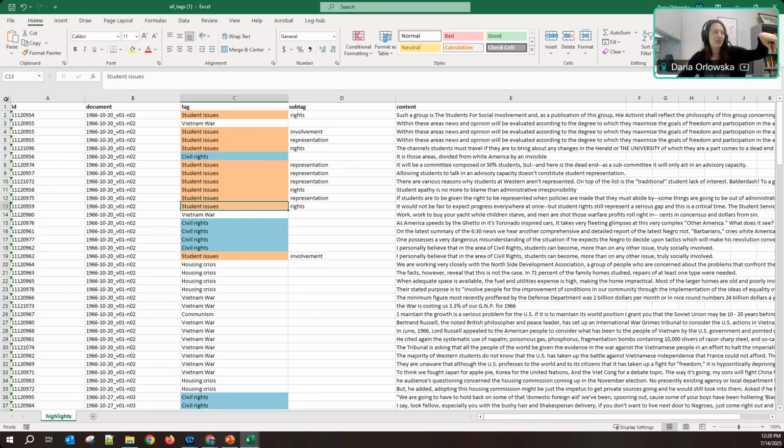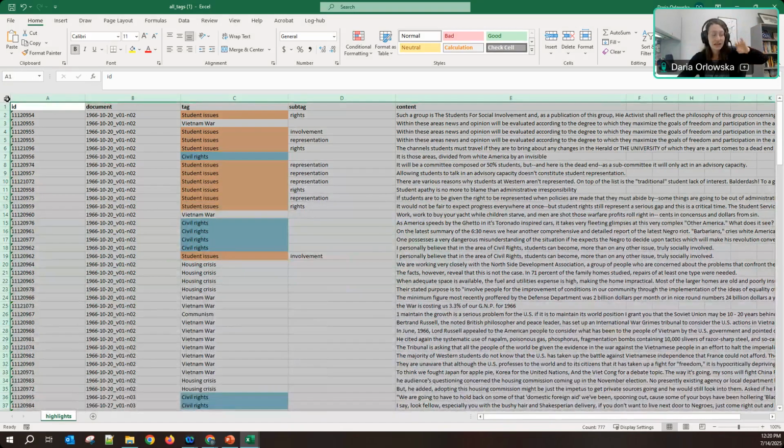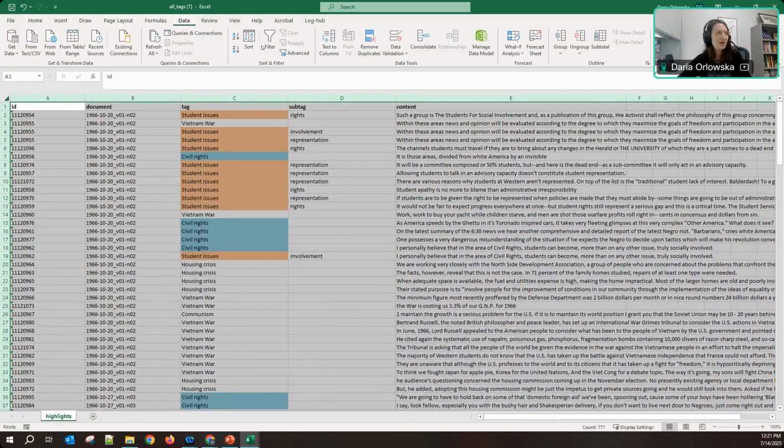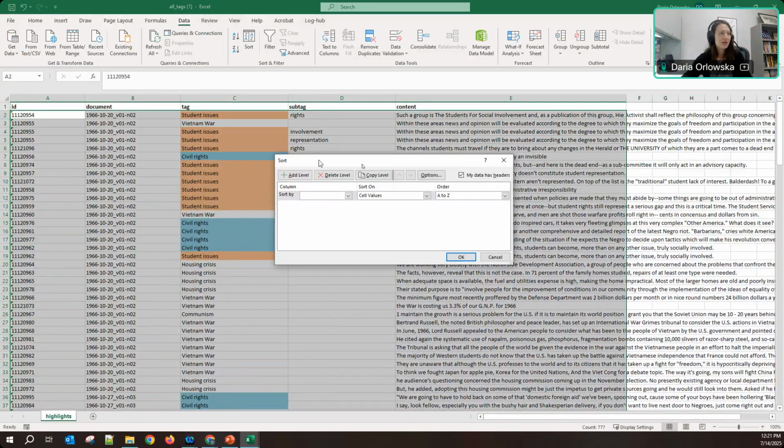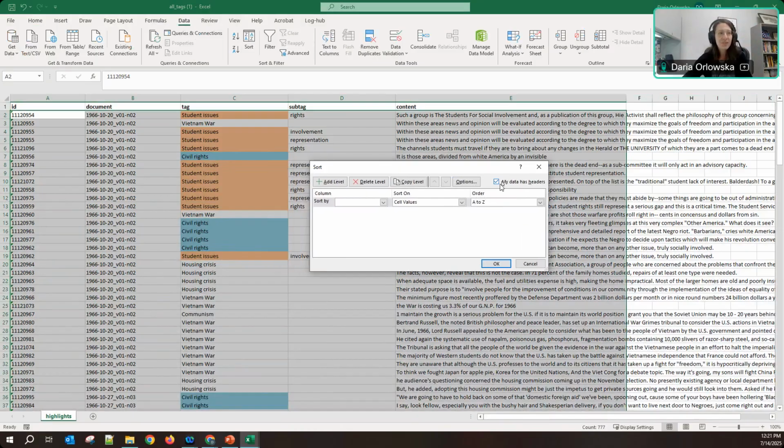There's a triangle at the bottom half of this square, and if I click on it, it will select the entire sheet. Whichever one you'd like works for me. Then navigate over to the Data tab and click on Sort. From here, make sure that My Data Has Headers is checked, or else it's going to sort your headers and you will have a bad day.